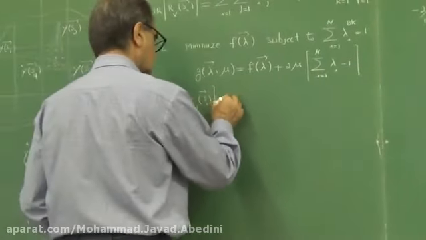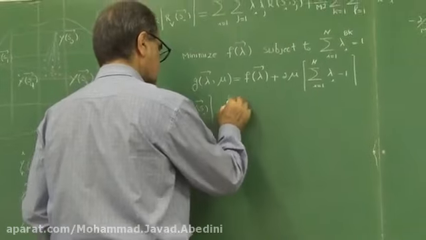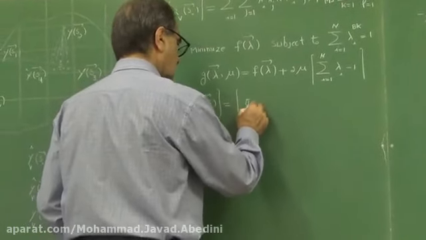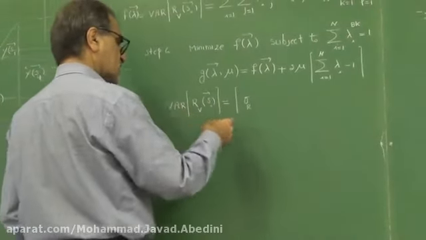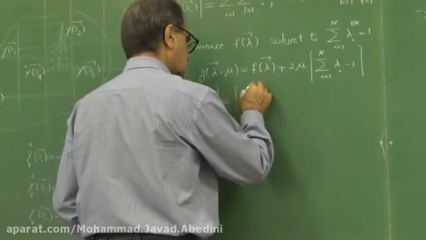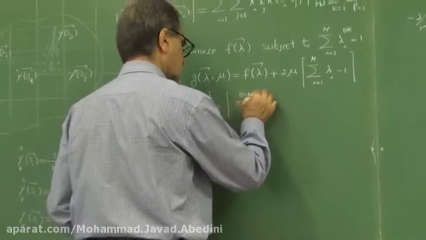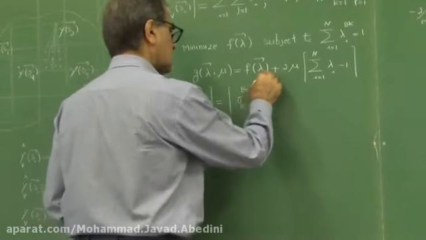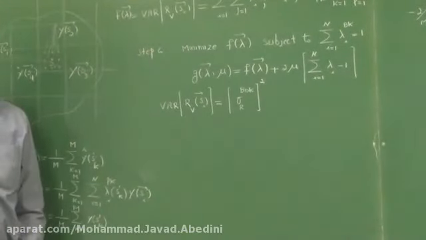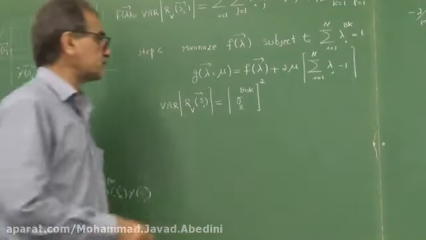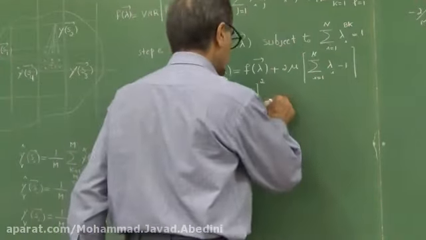You could write this as sigma R, this R stands for residual, and then BOK, and then raise it to the power of 2 to become variance. Variance of residual for block ordinary kriging is equal to